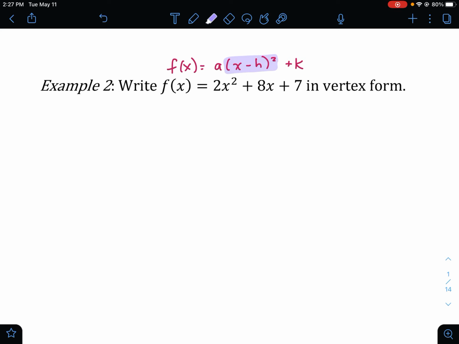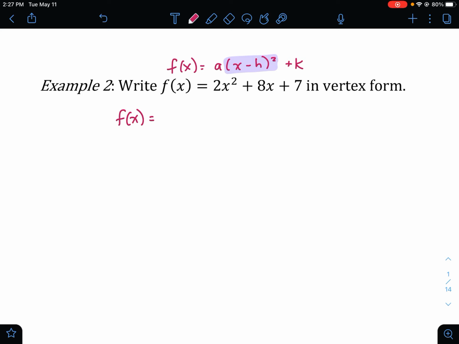Okay, but when we complete the square, we're trying to solve for something. In this case, we're not solving, so I'm going to add something, but I'm not going to add it to both sides. So just pay attention to the process we follow. The other thing to remember before I get started is when we complete the square, we do not like there to be a coefficient in front of my x squared term. So we do also have to take care of that. And that's actually the second thing I'm going to do. So the first thing I'm going to do